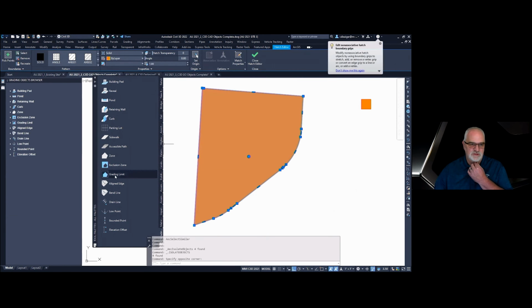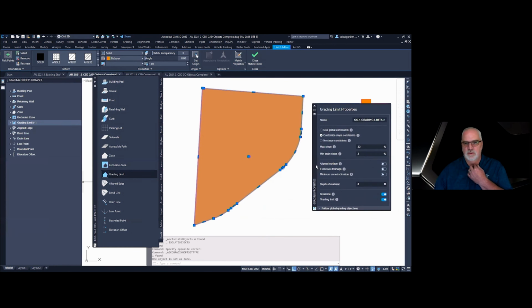You find grading limits on the tool palette, select it, and tell it what you want for the min max slope.